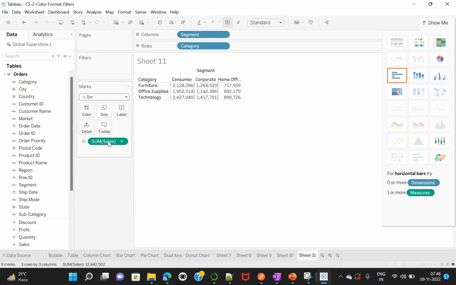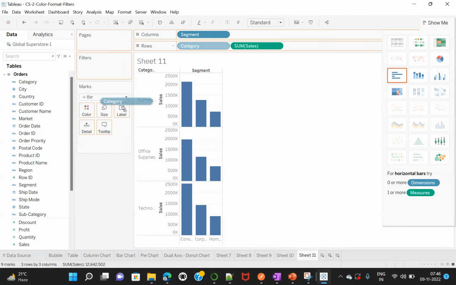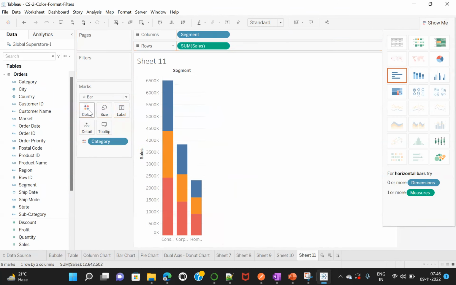So sum of sales we'll just put in the rows, and category will be in colors. So for side by side, to keep it side by side,